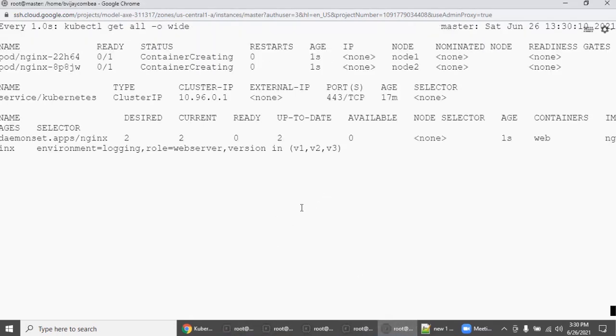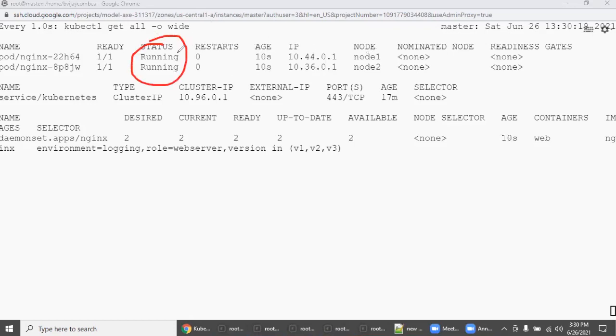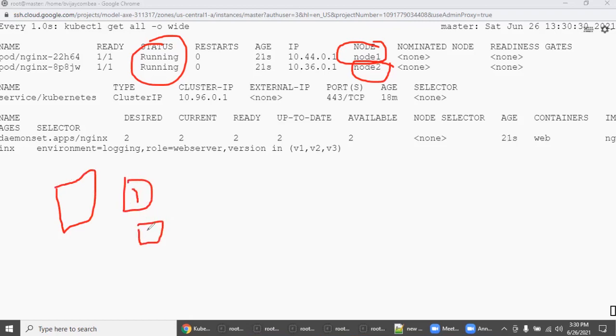Immediately come here. See here, a container is creating. See, it's running. One container created on node 1, another container created on node 2, because we have the two worker node concept: worker node 1, worker node 2. This is worker node 1, this is worker node 2, this is master. So the moment we deployed the container using the daemon set resource, automatically one pod was created on each node. In each pod, the necessary Nginx container is created.